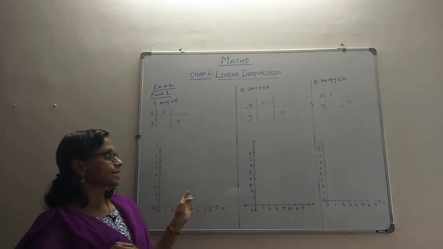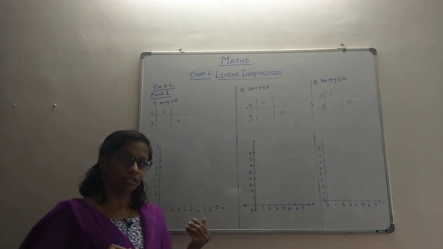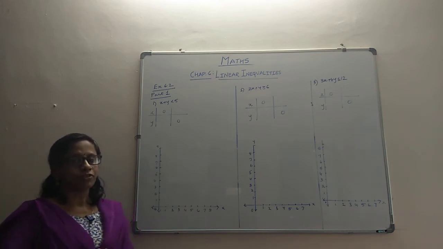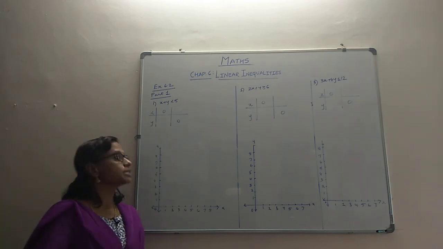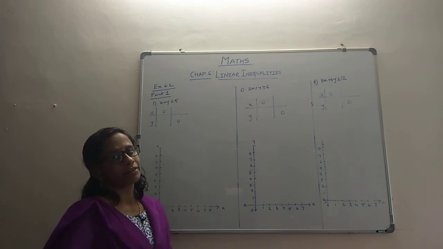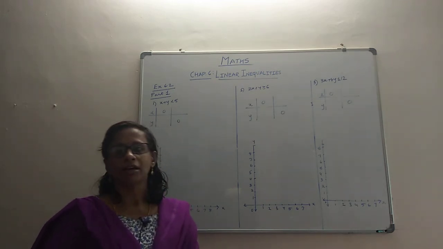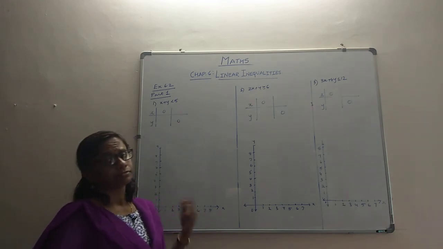Now in this exercise we have to solve these problems graphically and find out the region of solution, but these are with two variables. So we are supposed to find out the region for these particular inequations which are with two variables. But it is not new to us. Why? Because in the 9th standard we have taken equations with two variables and we have plotted the graph for it. So it's on the basis of that we are going to do this.